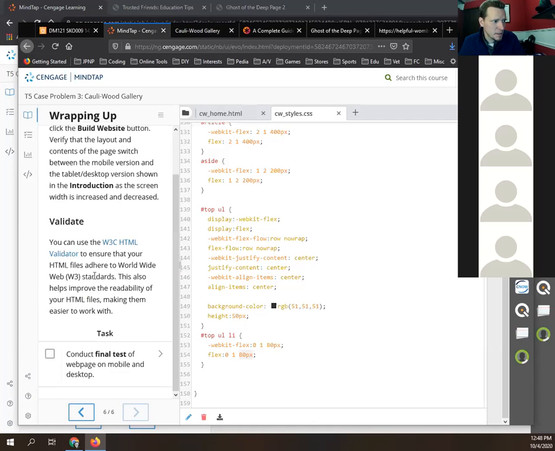They want you to validate with the World Wide Web Consortium Validator. Remember, we're not doing that because the W3C validator has not been updated in a few years. When the MindTap book was written, it probably was much more up to date than it is now. But the book also has not been updated in a couple of years. And we can tell this by the WebKit prefix on all the Flex boxes. That is from when Flexbox was still new. And Flexbox is a few years old. So this book is a few years